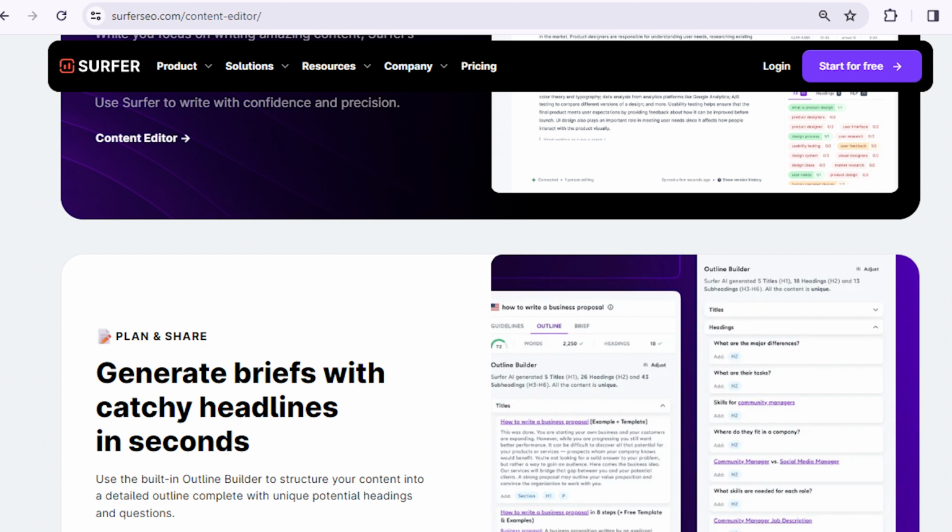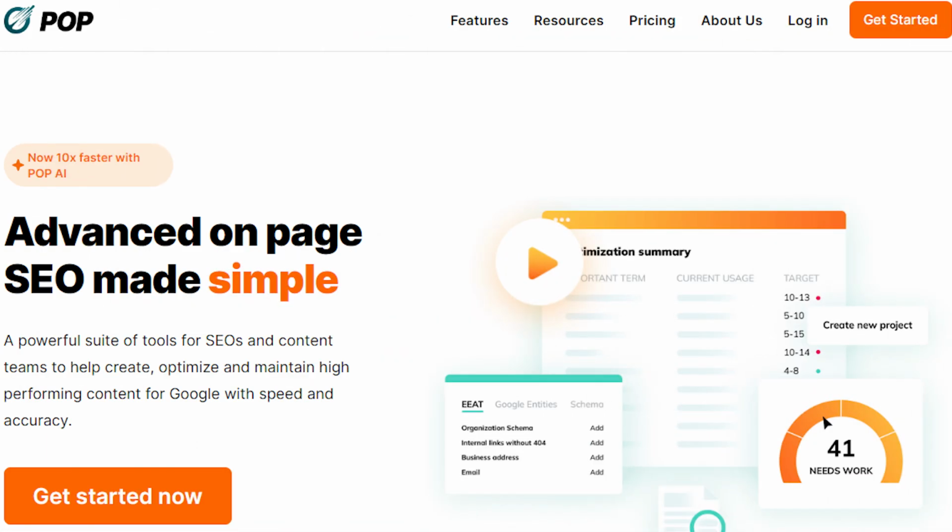If you prioritize in-depth competitor analysis, on-page SEO optimization, and data-driven content planning for higher rankings, then Surfer SEO is best. Page Optimizer Pro is a powerful set of tools for SEOs and content teams to help create, optimize, and maintain high-performing content for Google with speed and accuracy. If your primary focus is optimizing existing content with a data-driven approach and clear action steps, then Page Optimizer is